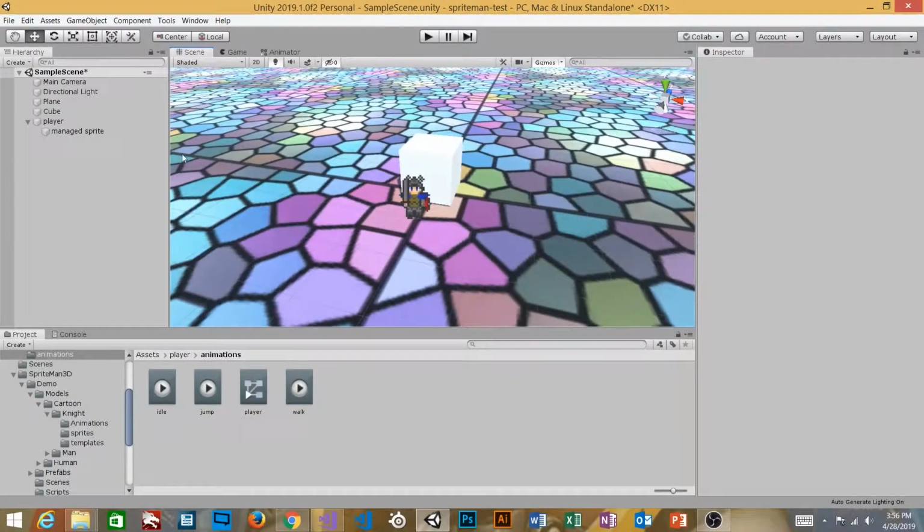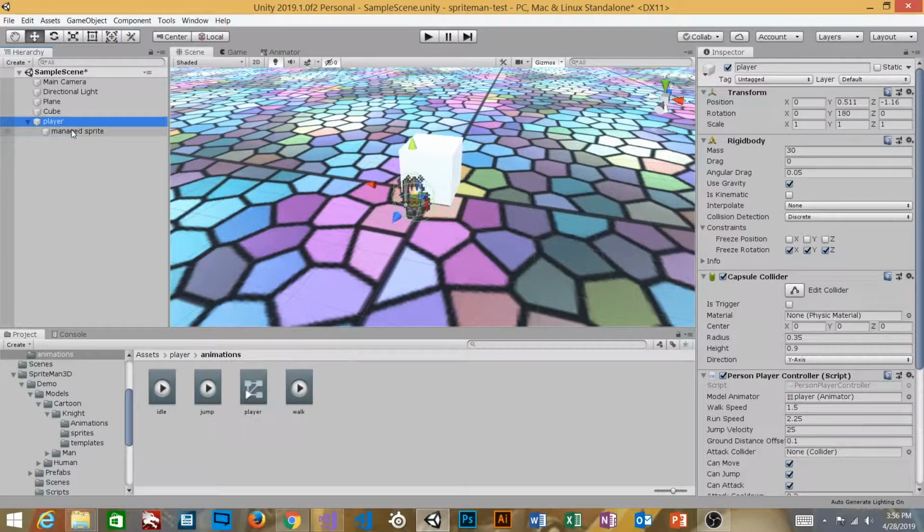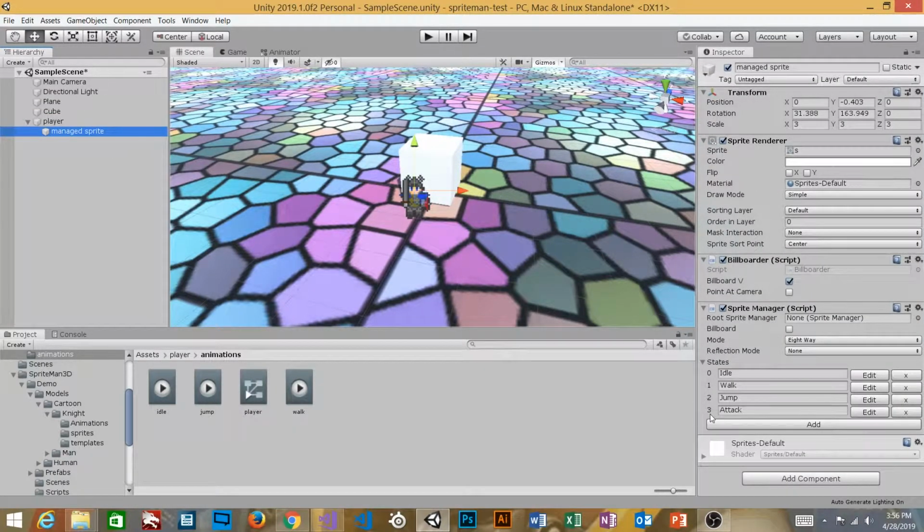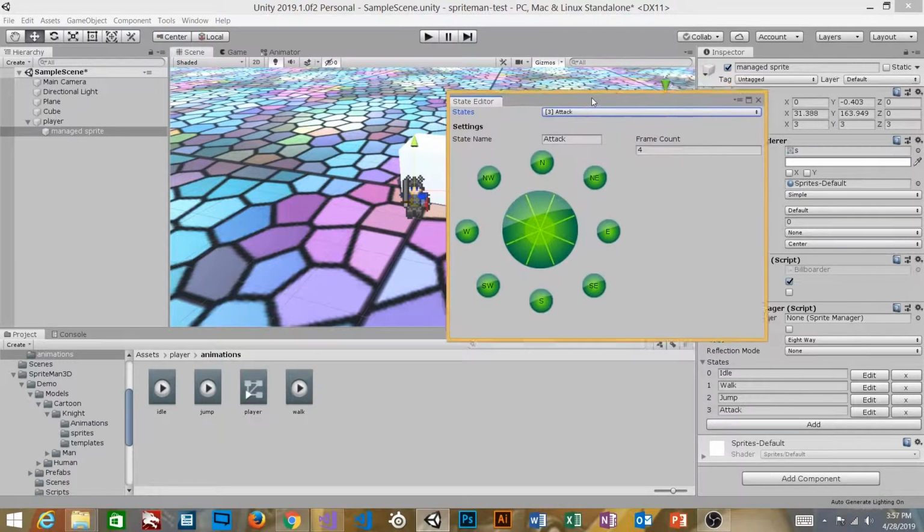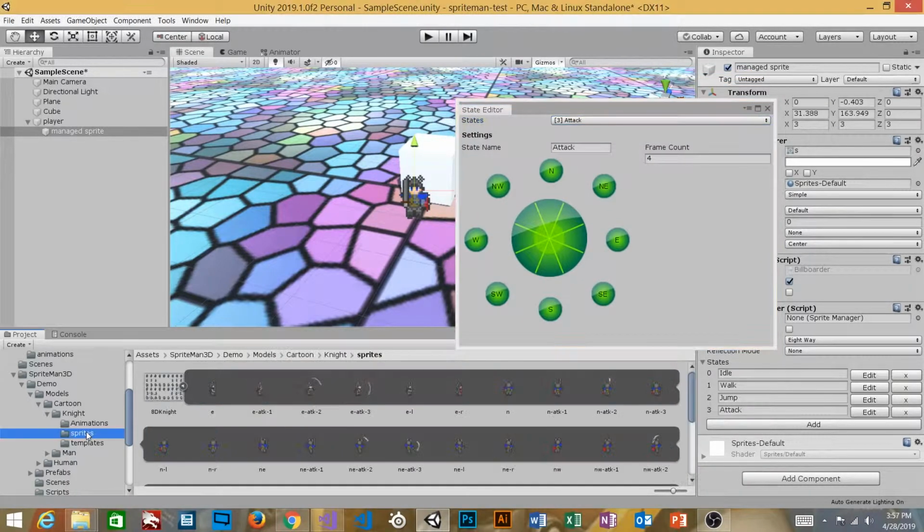All right, the last piece to rig on our character is going to be the attacking animation, so his little sword slash. We're going to do that the same way that we did the rest of the states. And so when we look at our sprite sheet,